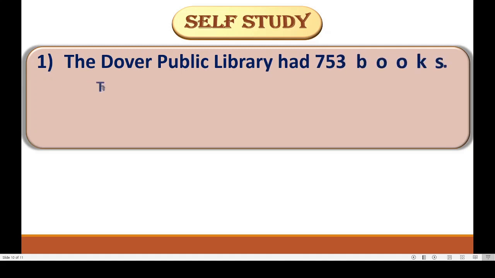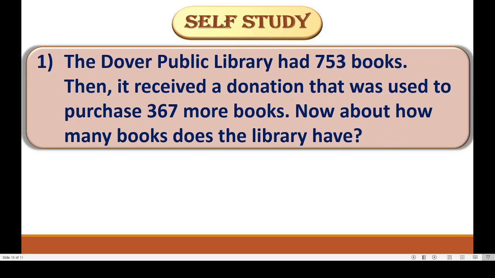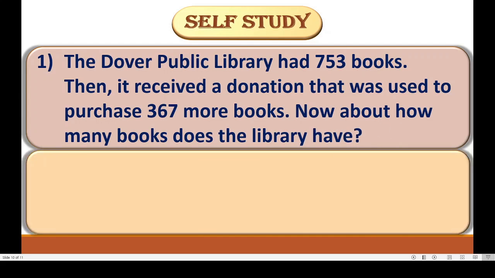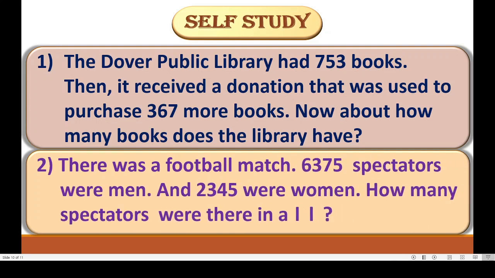Now I am going to give you 2 sums for self-study. Okay? I hope you understood the steps to follow while solving word problems. Got this? Here 2 sums are there. You have to follow all the steps given and then you have to solve this. Peacefully you read the sum, then you understand, you think and make the table and solve. Okay, you will get perfect answer.